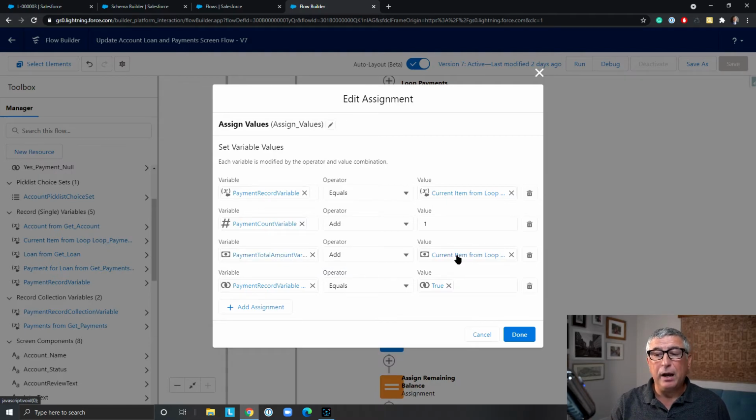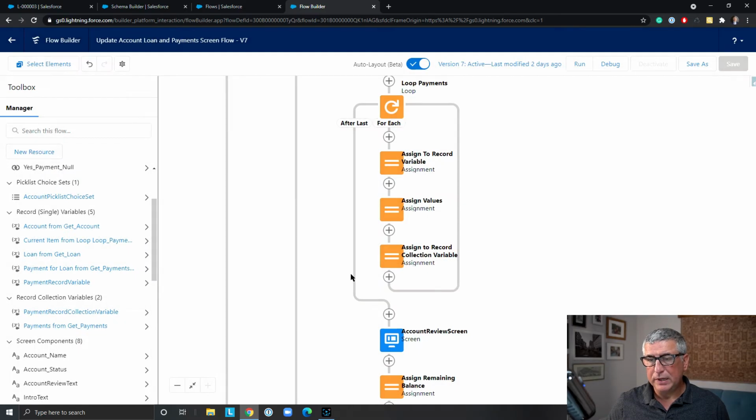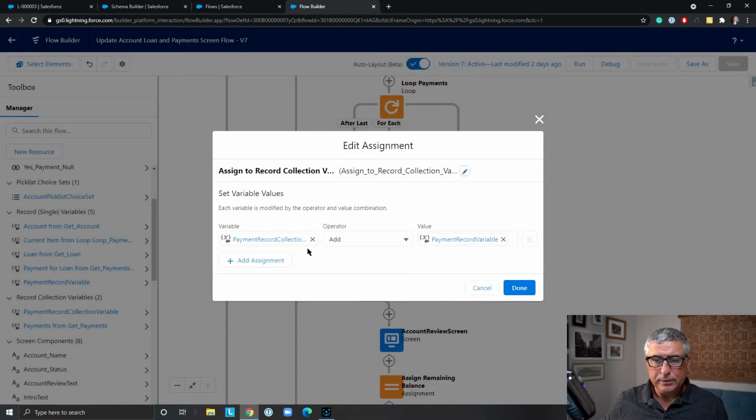So I'm adding the unprocessed values on top of what I already have and setting the process to true. Now that I have one updated payment record in my payment record variable, it's a container, I'm going to add that, let's say, to a tray, right? To a bigger container that can have n number of different payments, that can hold multiple payment records. So I'm going to take that payment record variable and I'm going to add it to my payment record collection